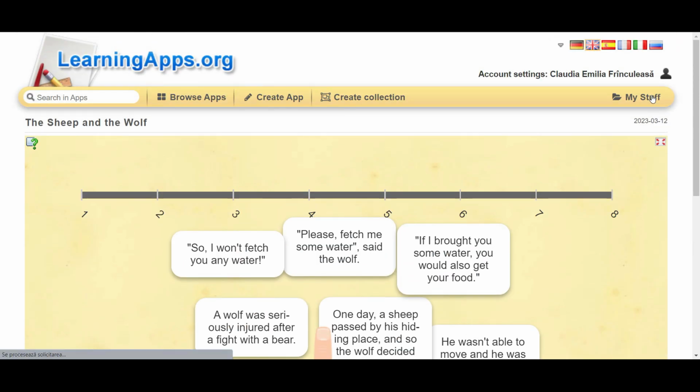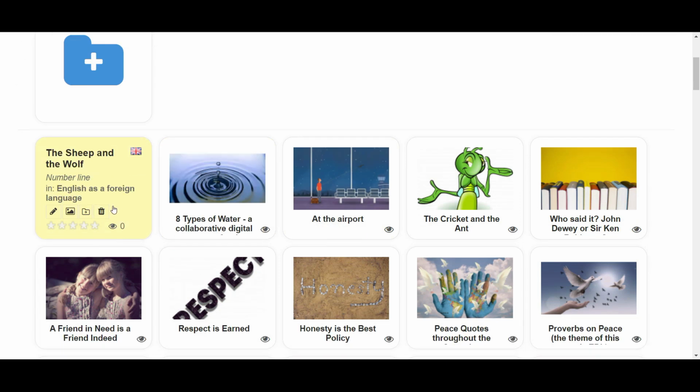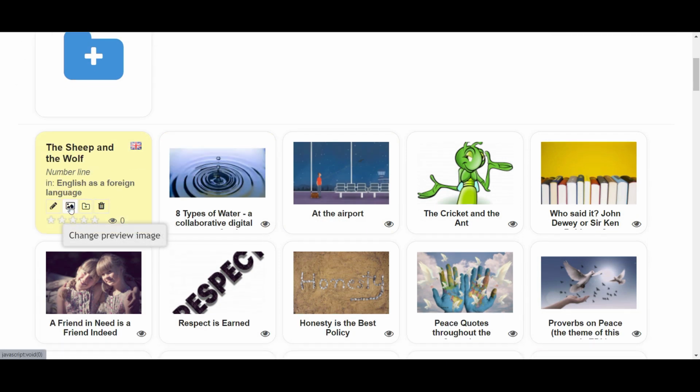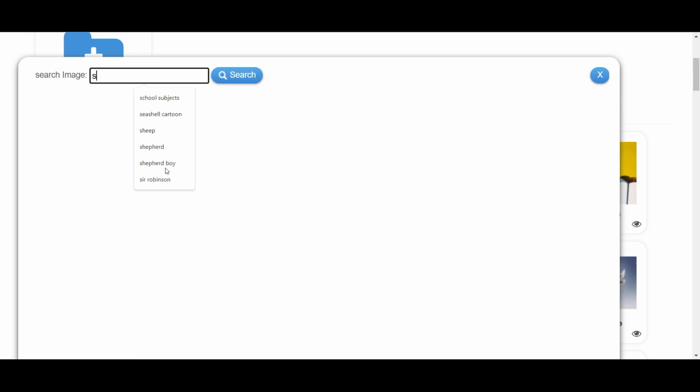We may add a cover picture from the ones available online, and it is ready to be shared with our students.